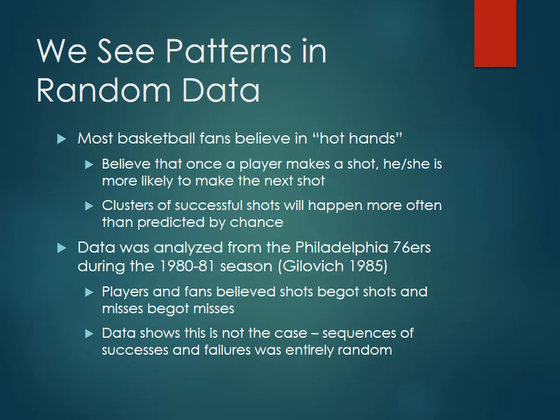So as human beings, we're very good at seeing patterns, especially where none exist. So imagine this concept of hot hands in basketball, where if you get one basket in, you're more likely to get the next subsequent baskets in. And that was a popular thing that people thought for a long time. It's just like if you see a blue car, all of a sudden you see nothing but blue cars after that, right? And so they looked at some of the data out there and found that there's actually no correlation between that. It's all 100% random, basically 50-50 whether or not they're actually going to make that shot.